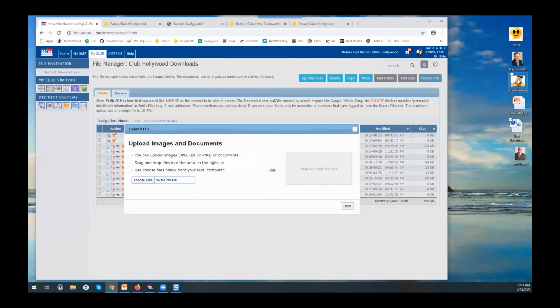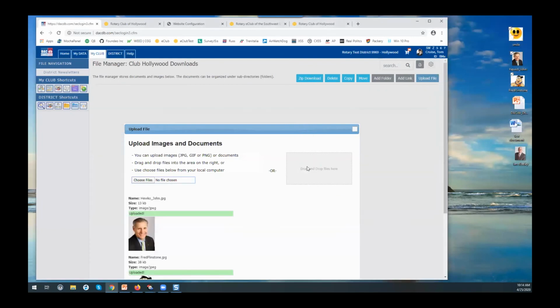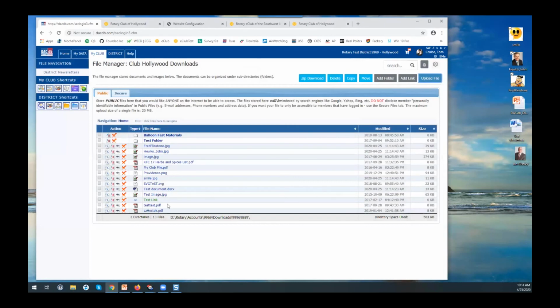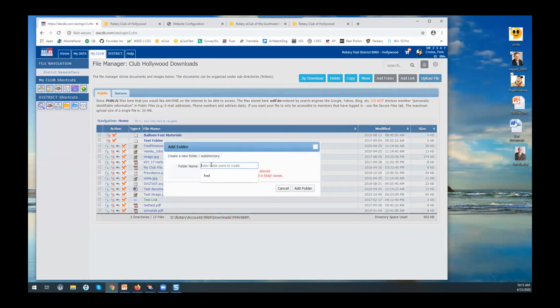If I want to take multiple, like I'll take some pictures here, John and Fred and smiley face, and I want to drop multiple documents over there. Multiple documents went in there, they got uploaded, and they're all there. You have the ability to select files and zip them and download them. You can delete multiple files. You can copy files. So for example, if I wanted to create a folder and call this my 2019 club files,